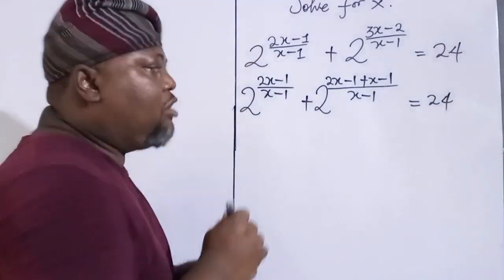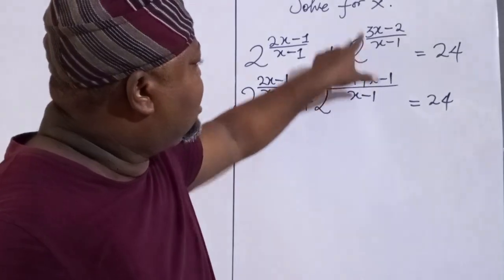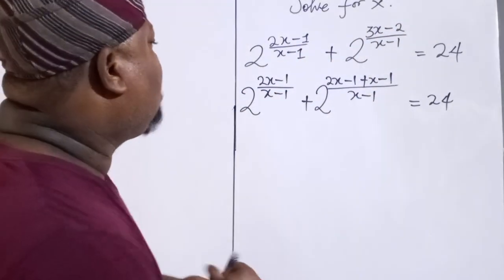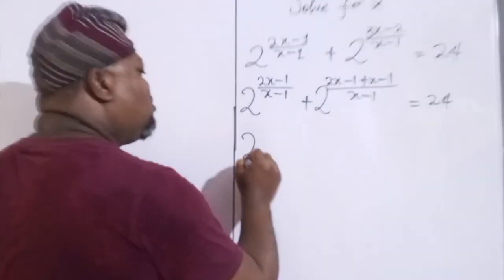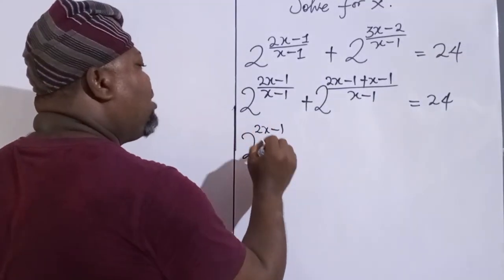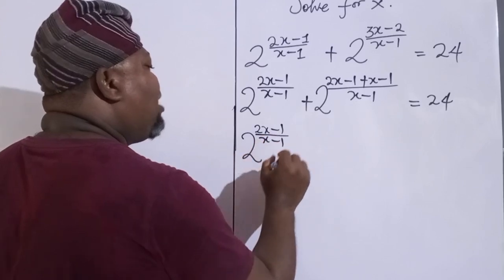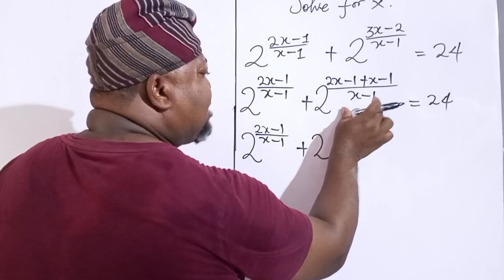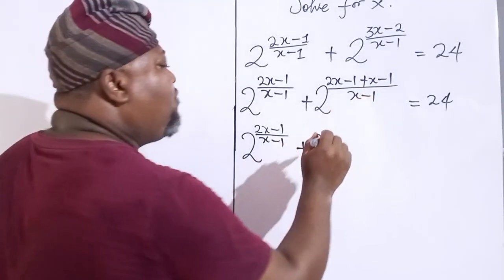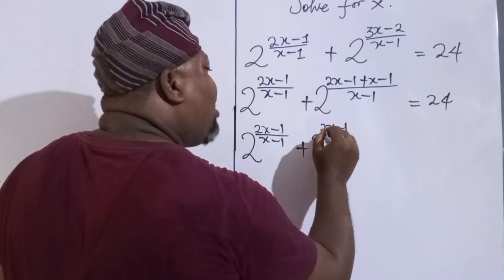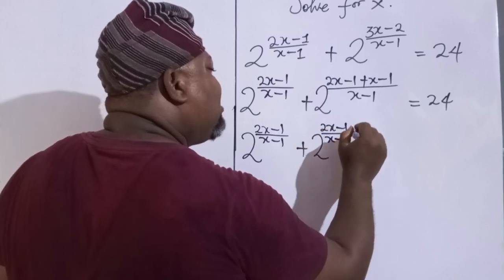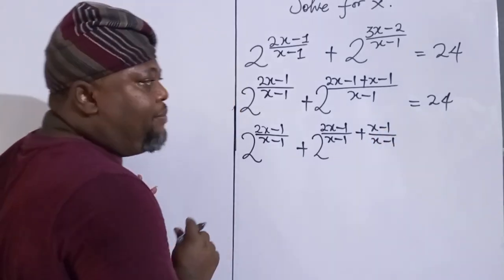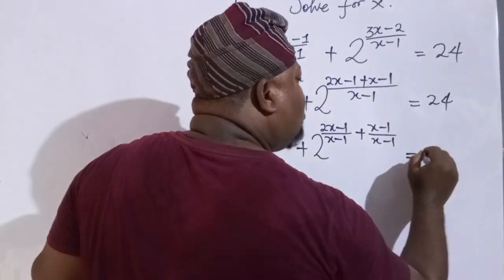24. If you look very well, you have that 2x plus x is 3x, and this is now minus 2. Are we together? So let's go. We'll now be having to the power of (2x minus 1) over (x minus 1), then plus to the power of... indices. And now we have, using the LCM idea, (2x minus 1) over (x minus 1) plus (x minus 1) over (x minus 1). LCM, understand, is now equal to